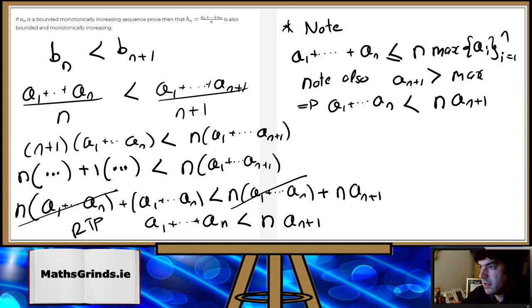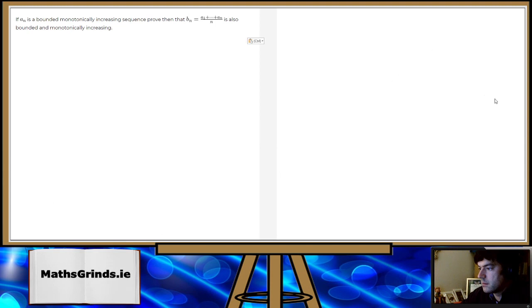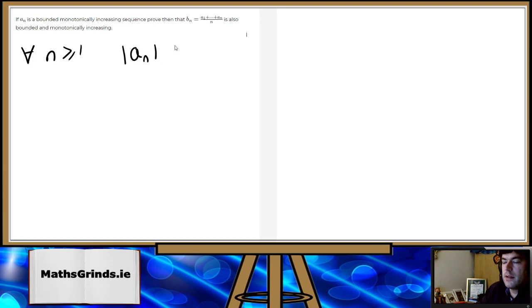So I think I'll have to clear this off. Okay, now to show that it's bounded, for all n greater than or equal to 1, the absolute size of an is less than or equal to some m, because that's what it means to be bounded. So if we look at